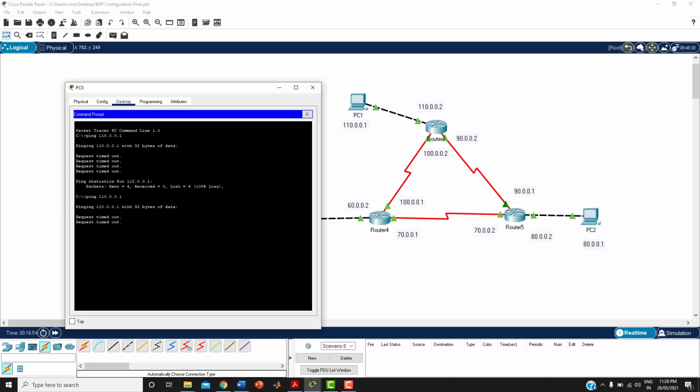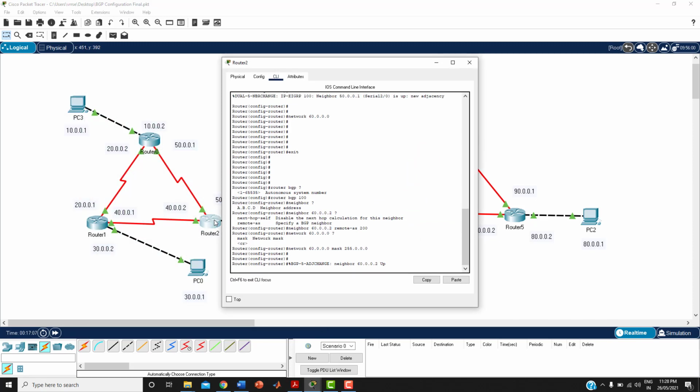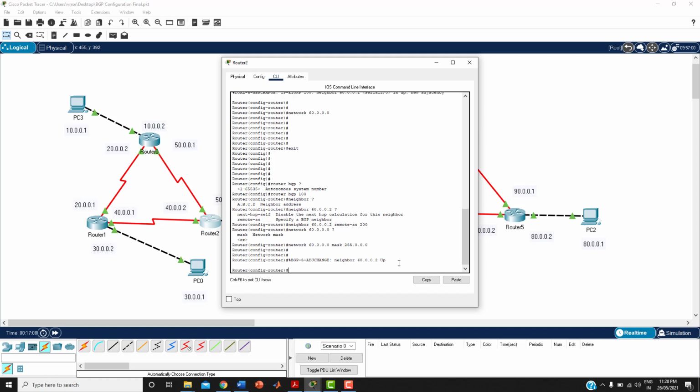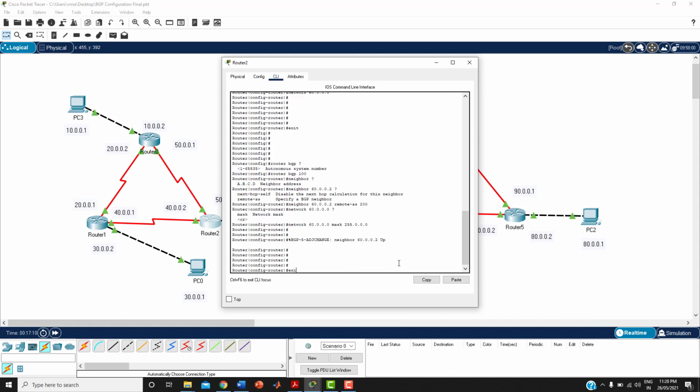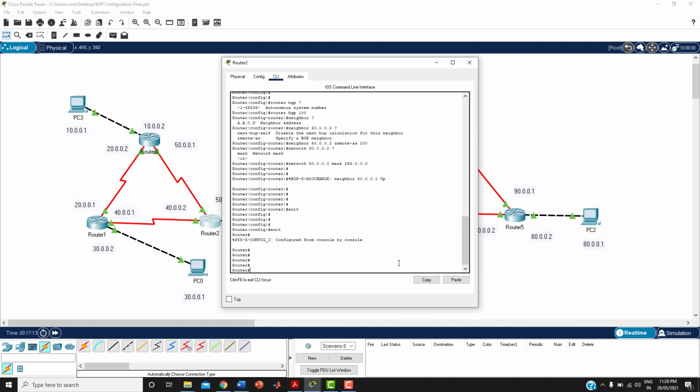Yes, we are not able to communicate. So what will be the problem? Now I'm going to troubleshoot it. Let me go to this router. I want to see the routing table, because if you see the routing table, you can understand something from that.